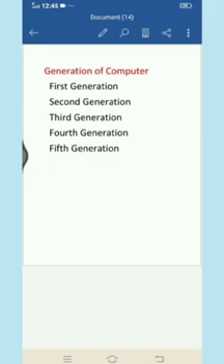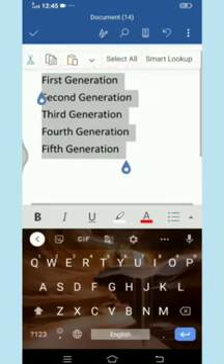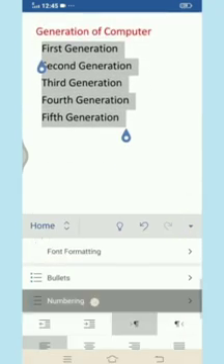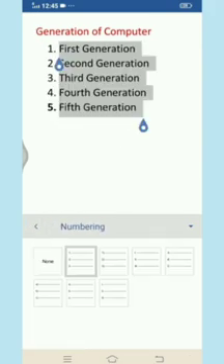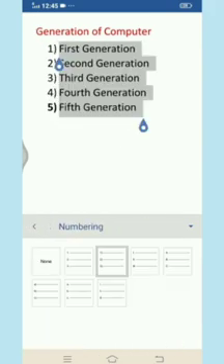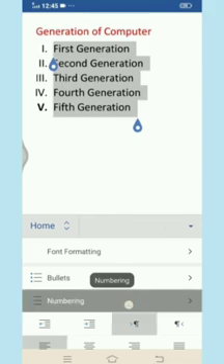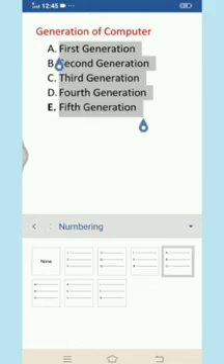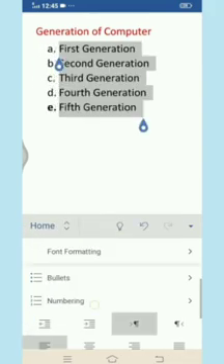The generations of computers have a proper order, so for that we need to apply numbering. First we select all the generations, then we go to numbering in the Home tab and apply it. Numbering may be numbers, alphabets or Roman numerals; we can choose any type of numbering from the list to show the order of the generations.